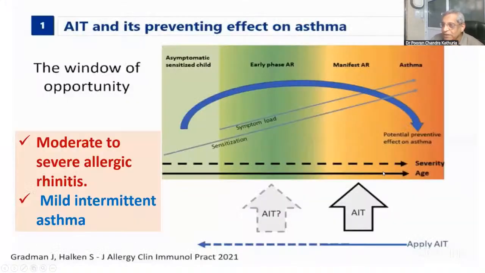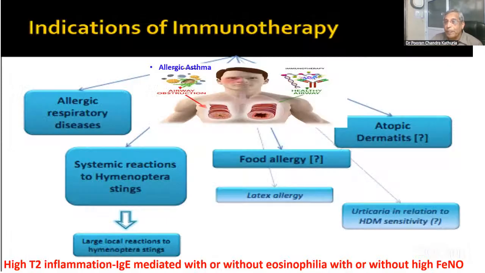So the aim is to achieve a clinical remission if we select those patients who have mild intermittent asthma, or with a history of comorbidities like rhinitis or atopic dermatitis or food allergy. Friends,